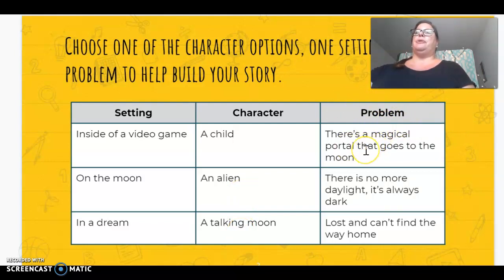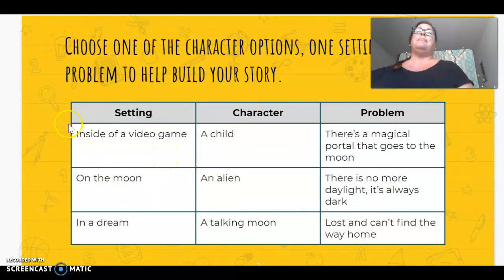There's a magical portal that goes to the moon. There is no more daylight, it's always dark. Or your character's lost and can't find the way home. So they don't all have to go across. So you don't have to write inside of a video game about a child where there's a magical portal. You could choose to write something that's on the moon and the character is a child who's lost and can't find their way home. So pick one of each of these to write your story,